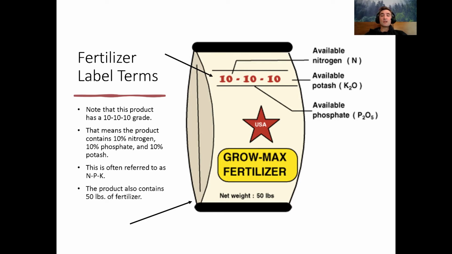This is the NPK, and the number is simply a grade that tells you how concentrated this material is in each of those elements. And notice that the product also contains 50 pounds of fertilizer, and we need to know